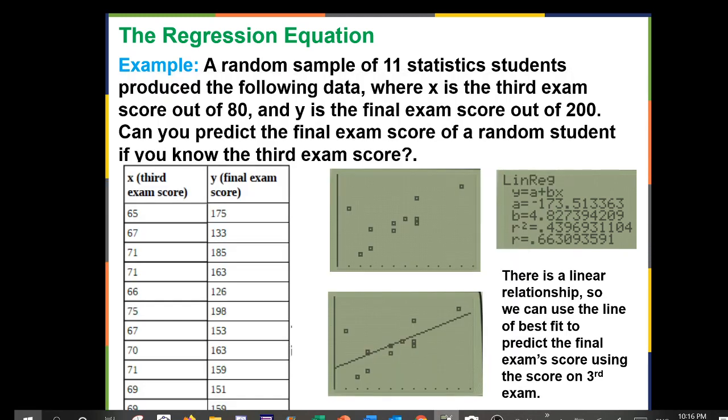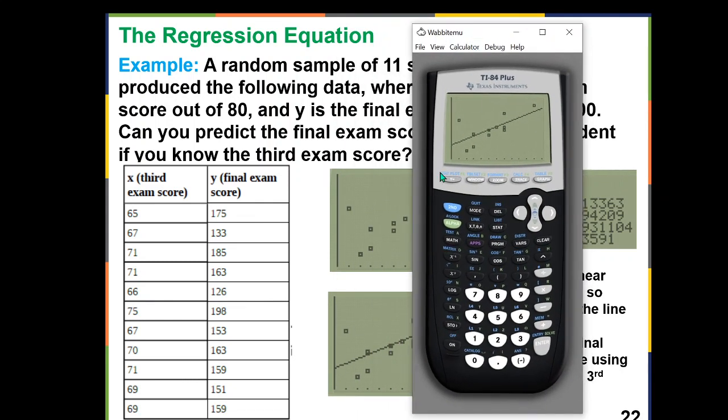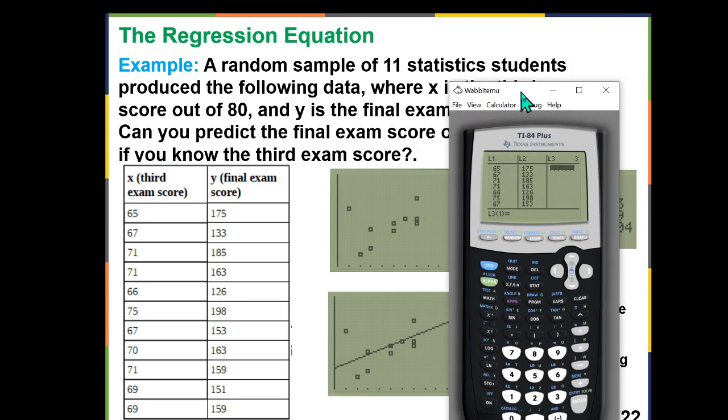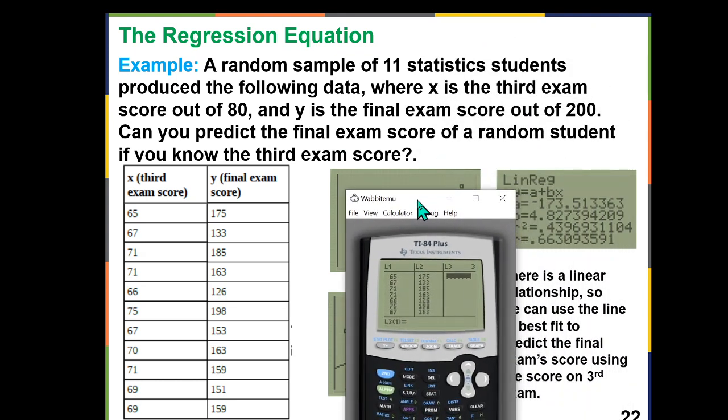I did it before I started the video, so I don't have to spend time doing it. You see, I have the numbers here already. Okay, so go ahead and put these numbers in L1 and L2 and pause the video and come back. Okay, so now that you're back,